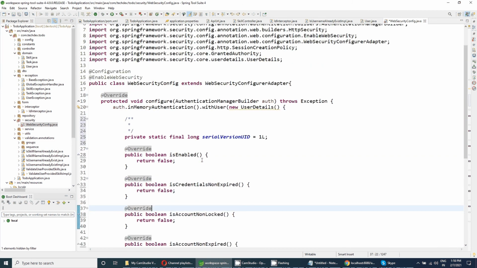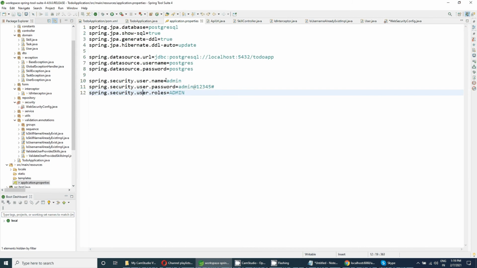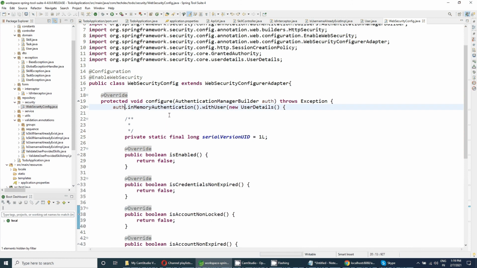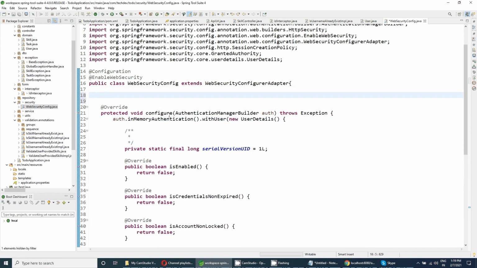For that, we already have some user details here, which were configured using the Spring Security default user, password, and roles. So let's add this. Let's take this in our configuration class using @Value, private String username.